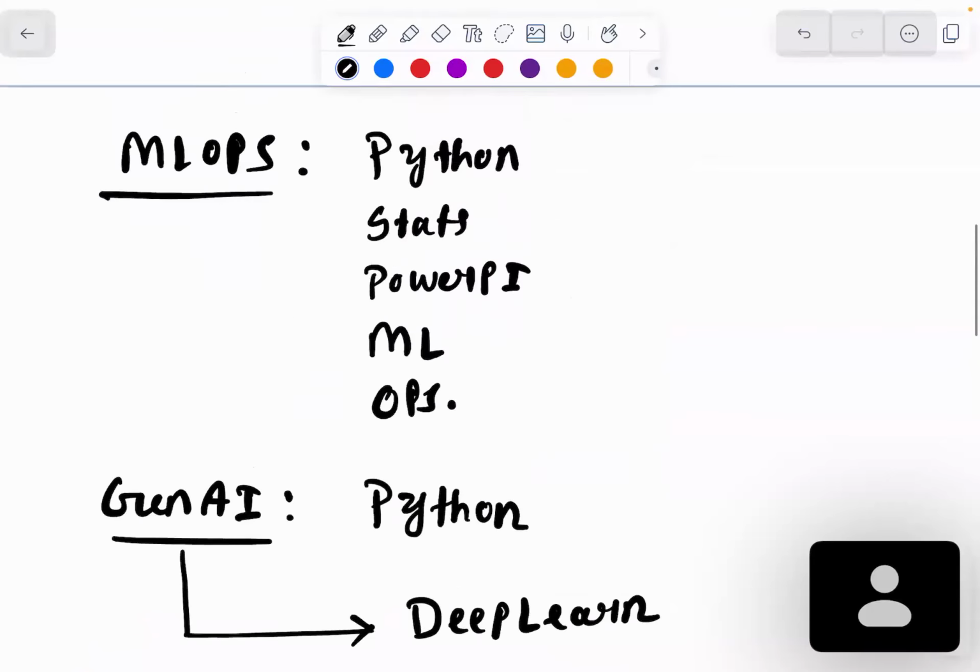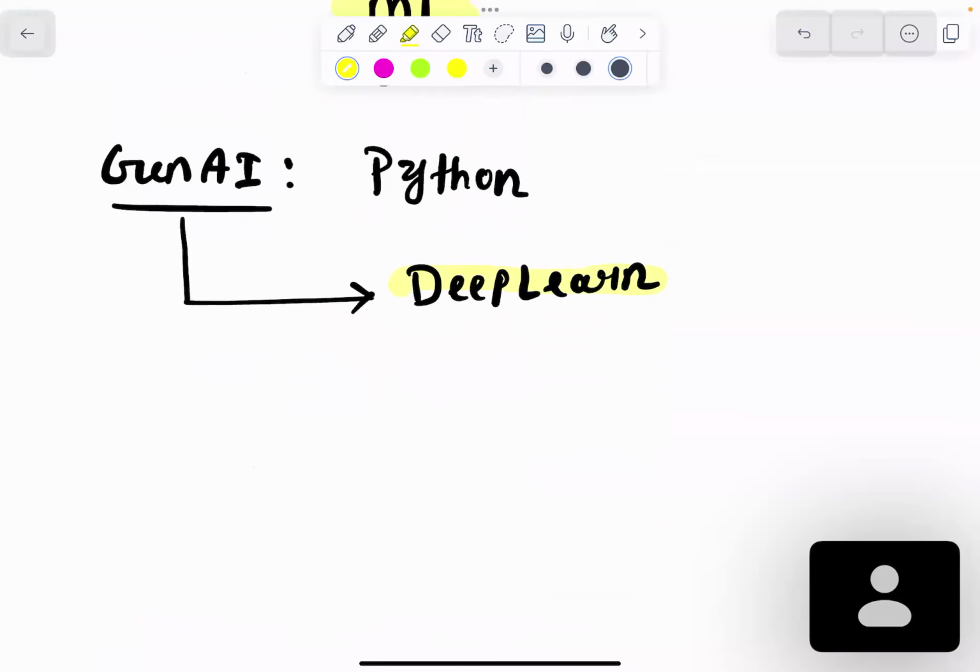In the first course, you will learn about machine learning in depth. But in the second course, you will learn about deep learning in depth. And deep learning and machine learning are completely different topics. Even if you don't know machine learning, you will understand deep learning because it's a completely new topic. And in deep learning, the approach is same. You will learn how to